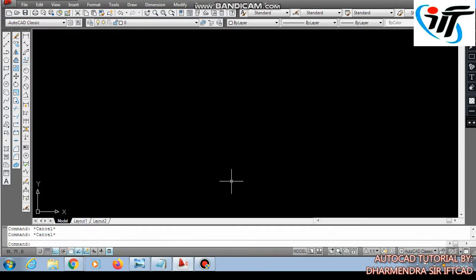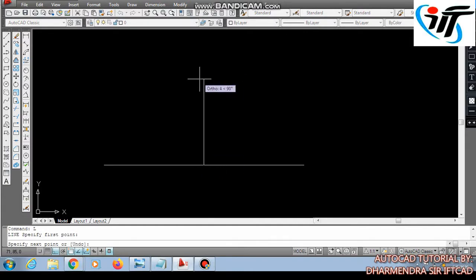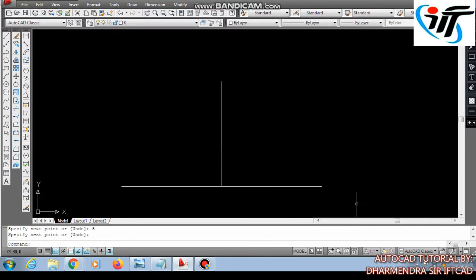Now coming to the arc. Draw a line of any size, then draw a perpendicular line from the center point. Now use the arc command, A, Enter.